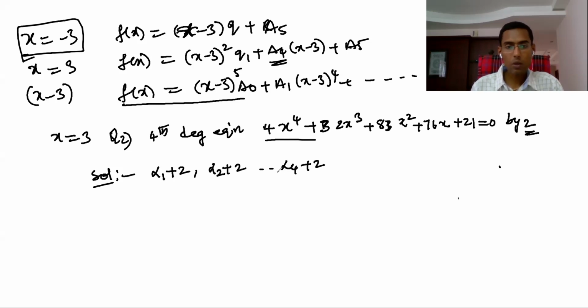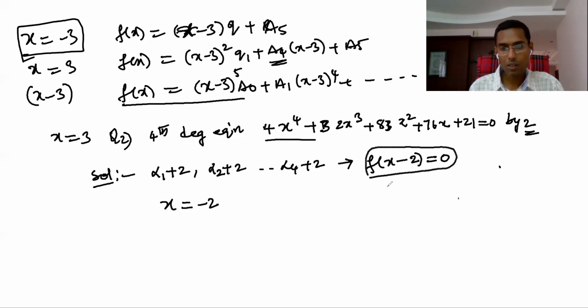When each root is added by 2, what is the equation? The required equation is f of x minus 2 equal to 0. Therefore, what you should do is take x equal to minus 2, because to find out f of x minus 2 equal to 0, you have to express f of x in terms of x plus 2, as a naught into x plus 2 whole power 4